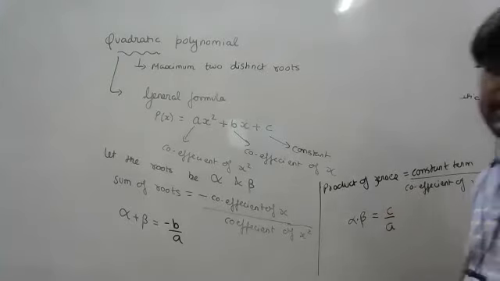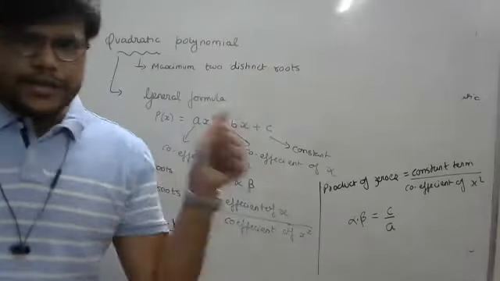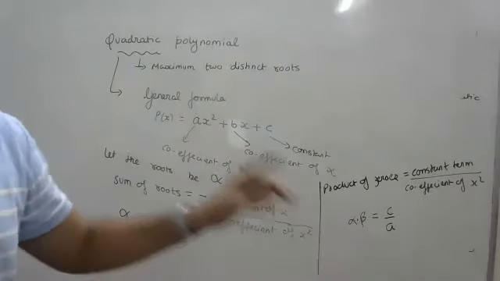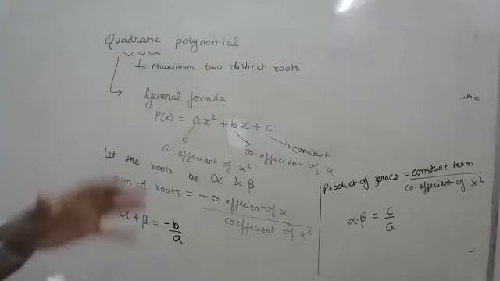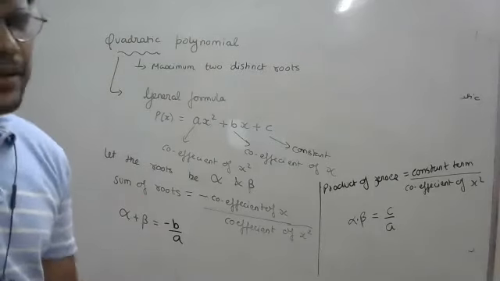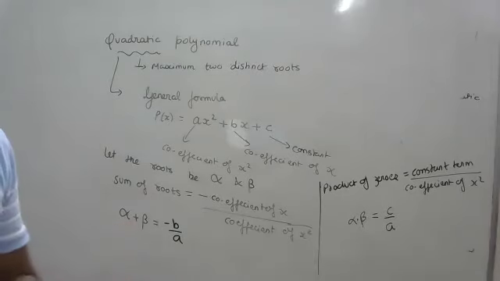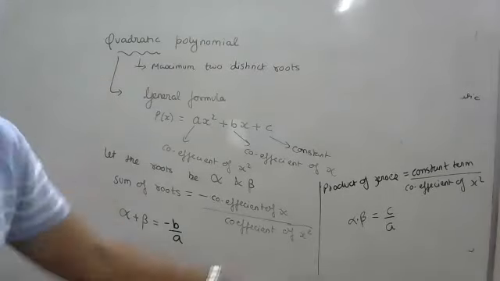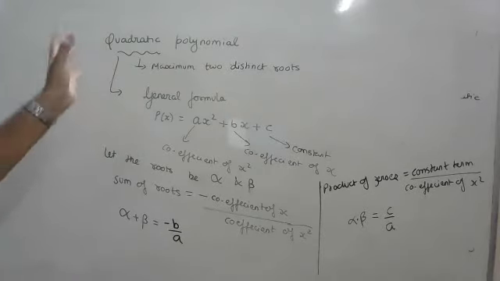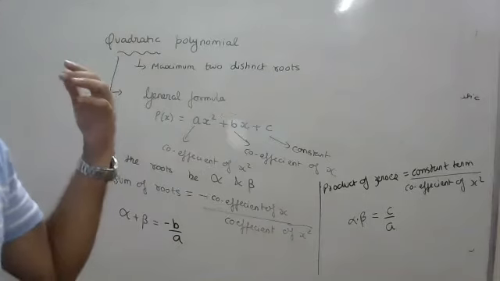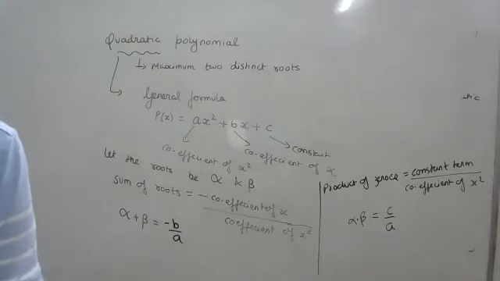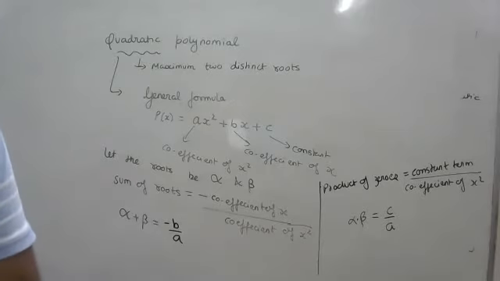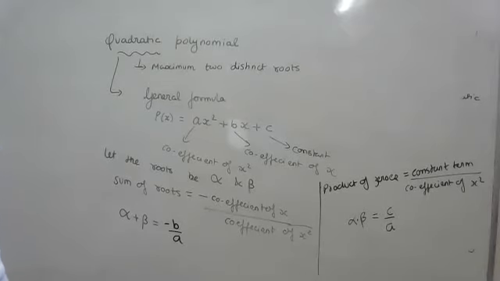C by a. Correct. So as you studied the rule for linear and the rule for quadratic, there are also rules for cubic. But the cubic part is given in our book, though it is not from the examination point of view. Cubic is just for your understanding that there is a pattern: quadratic, linear. Similarly, cubic also has a relationship between its roots, but that will not be part of your syllabus, meaning they cannot ask it in the exam. I think the relationships are given in your textbook also, on page number 32.